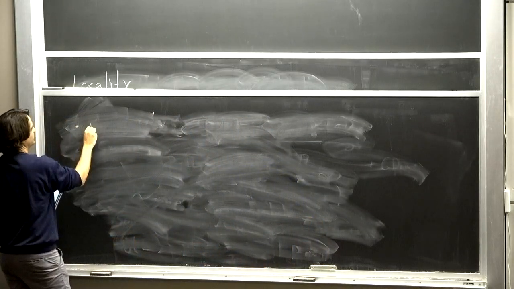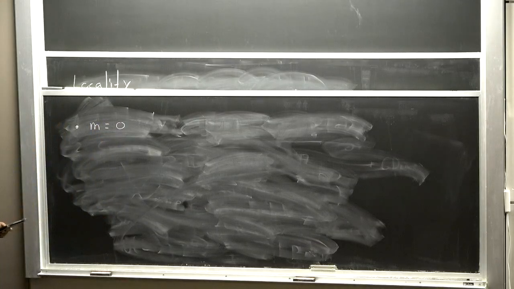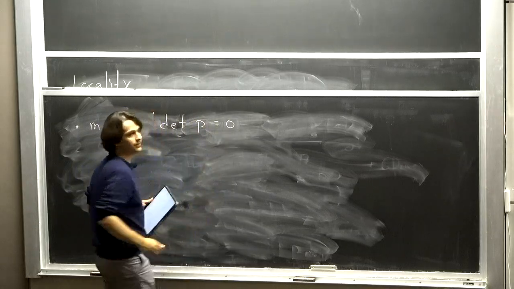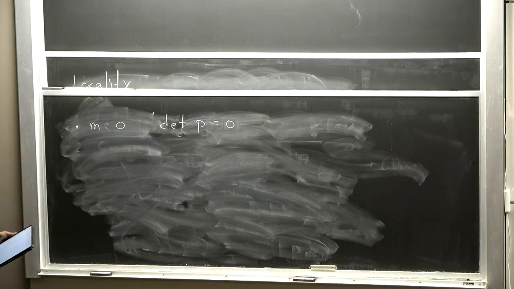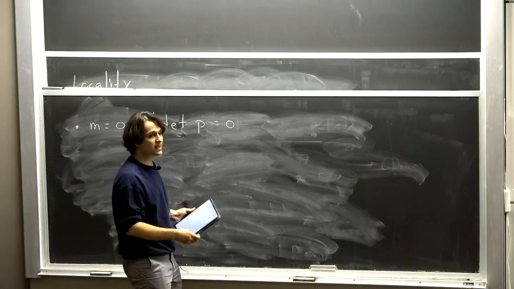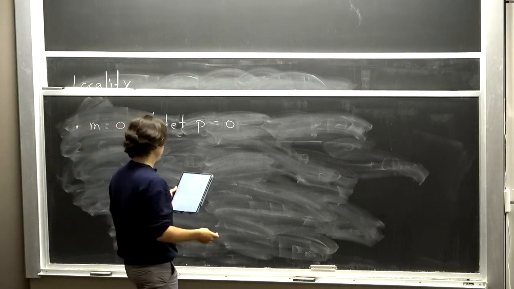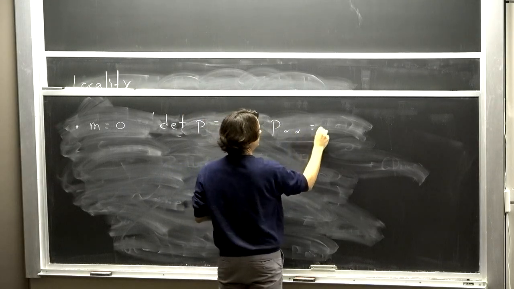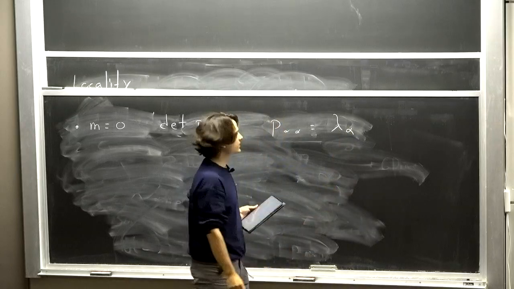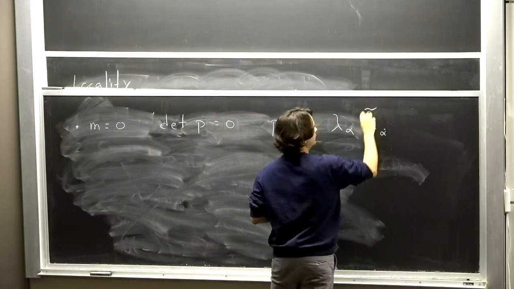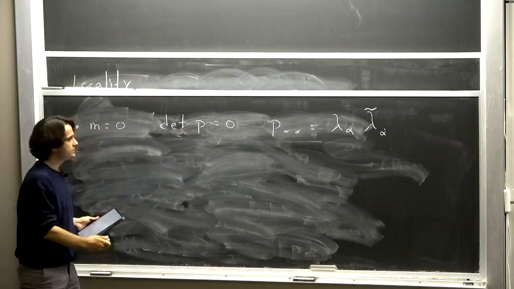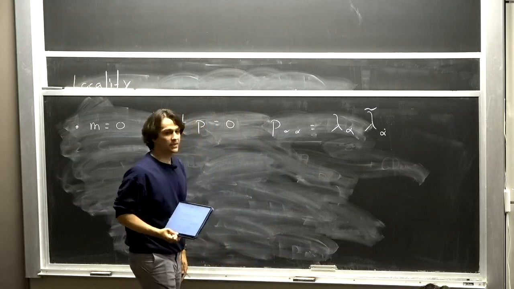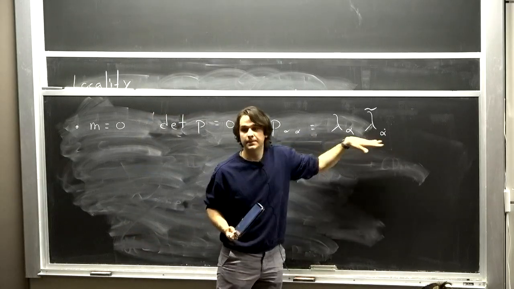Let's see what we learn about massless particles. So if the determinant equals 0, it's a 2x2 matrix, it has rank 1. Actually, that means I can write it as a product of vectors. So you'll be able to write P as a left-handed Weyl spinor times a right-handed Weyl spinor. For real momenta, these things are complex conjugates, maybe up to a sign. But in general, for complex momenta, these are two truly independent variables.